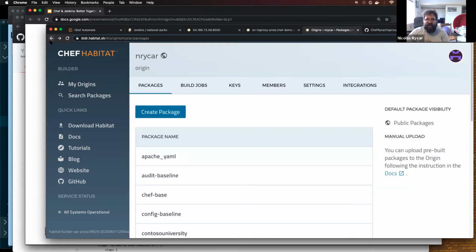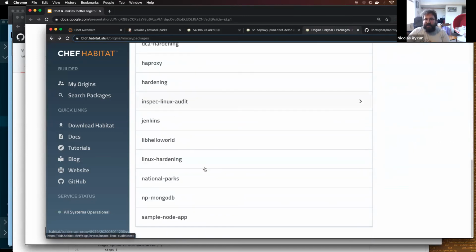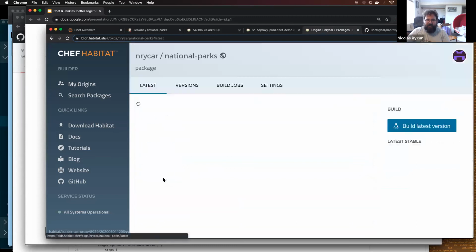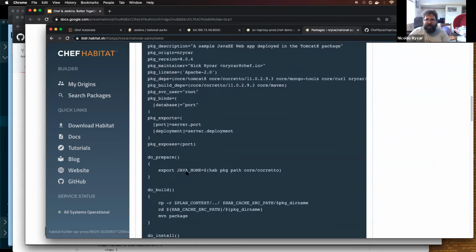But in the case of national parks, I need a database. So in national parks, my bind is not optional. If I don't find a database when I'm querying the supervisor, I can't start. So there's a lot of flexibility within the core framework of Habitat that ultimately makes it very easy to define